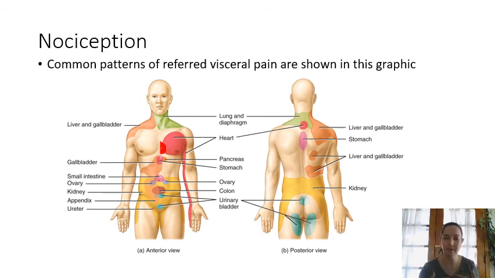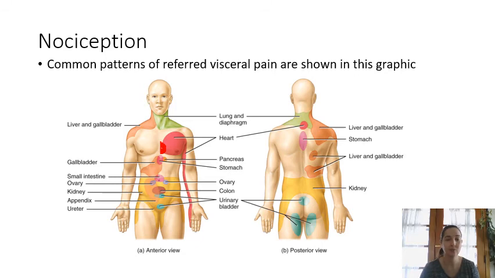Similarly, pain in the lungs or the diaphragm a lot of times is referred to the left side of your neck and left shoulder. You would feel pain there. For the liver and the gallbladder, it's going to be over on the right neck and right shoulder. A lot of times that's where the referred pain from those organs comes from. If we go down a little bit further, we can see